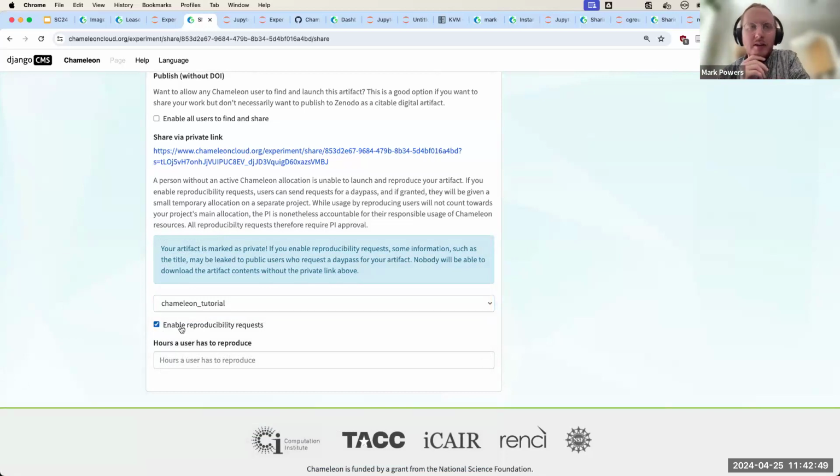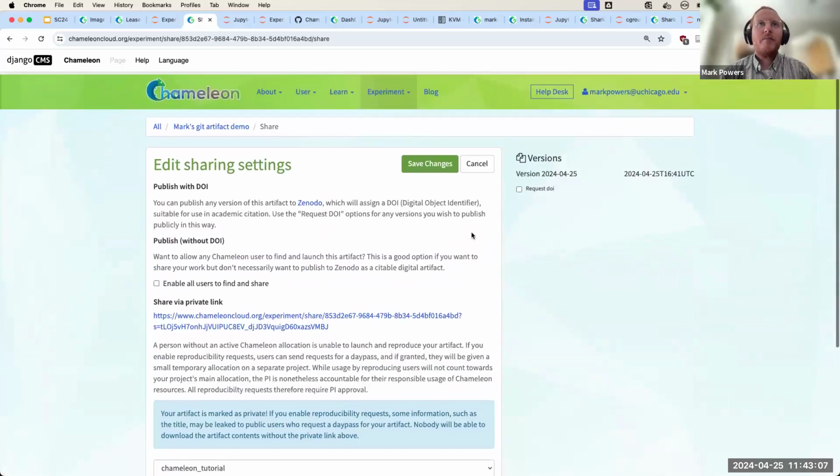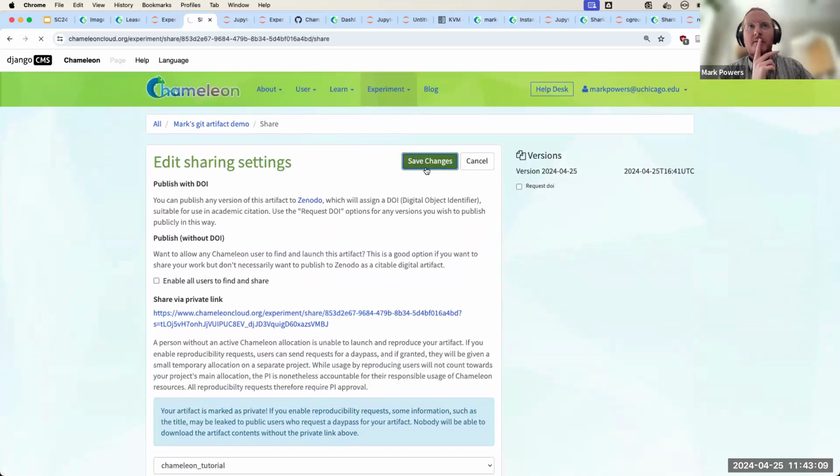And then this reproducibility requests lets you, if you're getting too many requests or this artifact no longer can be supported, toggle it here. And you can also set how many hours somebody has to reproduce that artifact. So this is a demo, I'll just say 1. And if I click save,